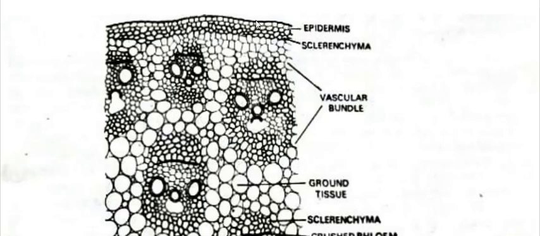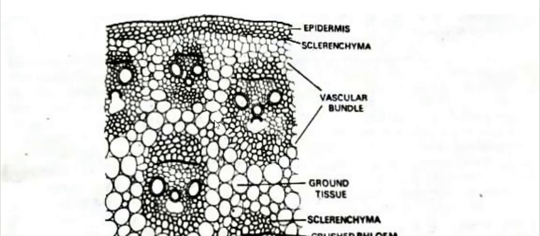The outermost layer is the epidermis, which consists of compactly arranged parenchyma cells which have no intercellular spaces, while below the epidermis a 2 to 3 layered region is present, which consists of sclerenchyma cells, which forms the hypodermis. And then below the hypodermis towards the center, this is the ground tissue, which consists of the thin-walled parenchyma cells